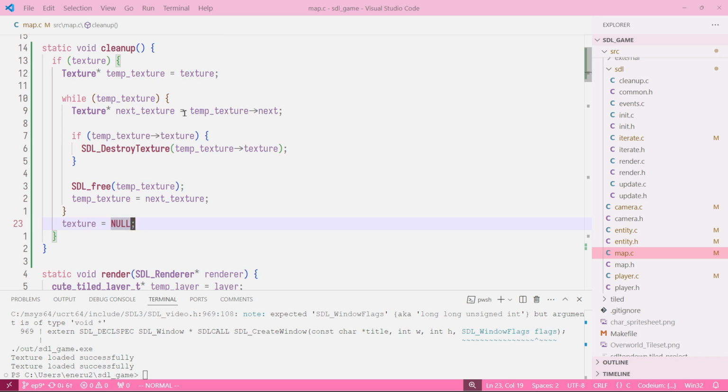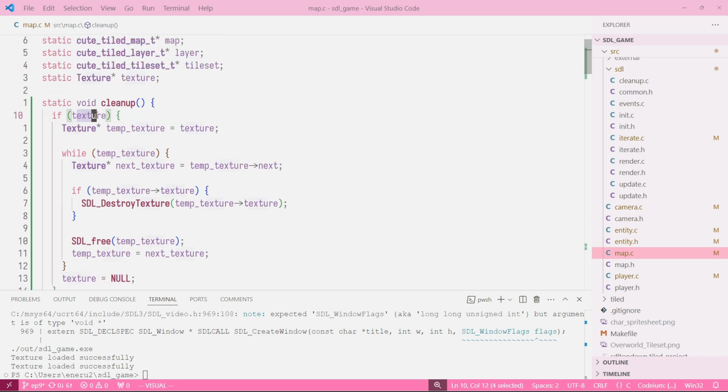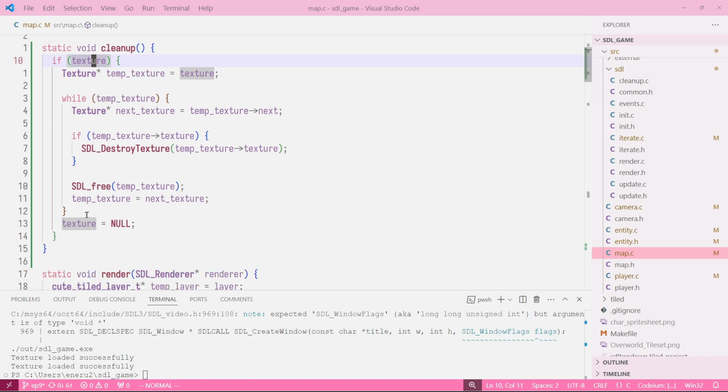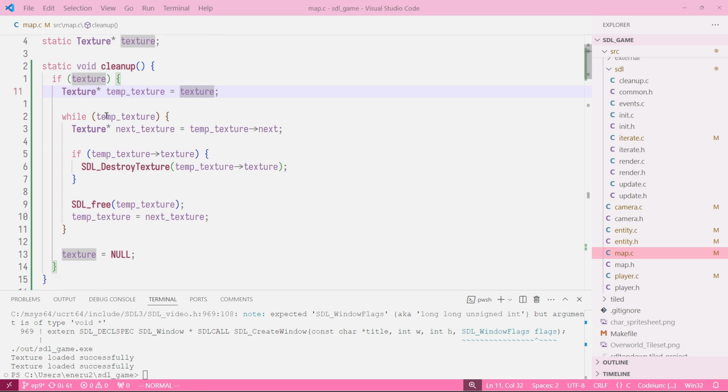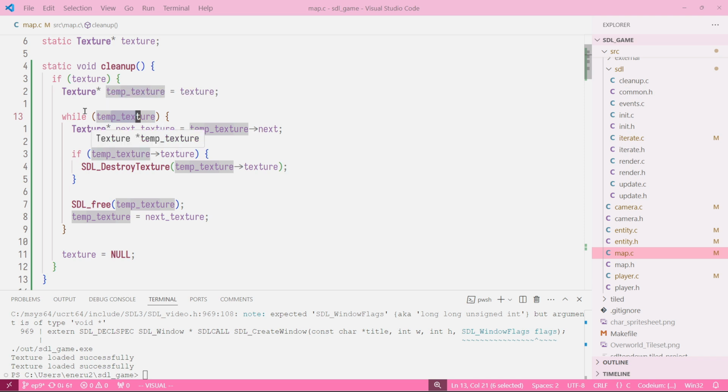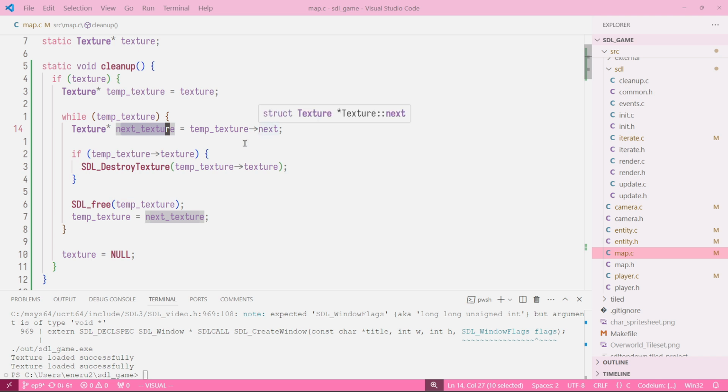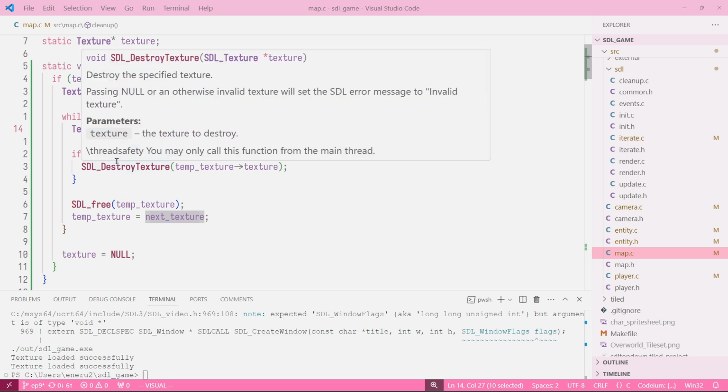Great. So what is happening here? First, we check if there's a texture variable that is not null. If that's the case, we run the following code. Perfect. The first thing is we have a pointer to the texture variable, and while this temp texture is not null, we run the following while loop, which basically first assigns a variable next texture to the next value of our linked list. Then we have an if statement checking if the current texture, the one that we're changing right now,